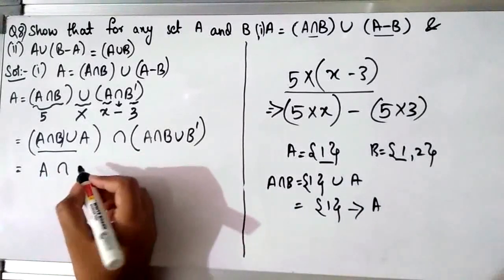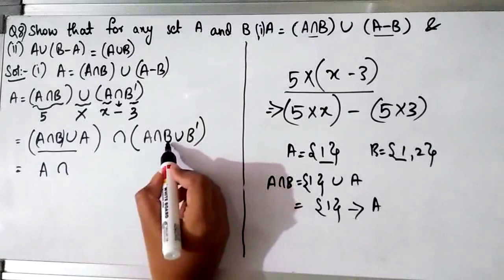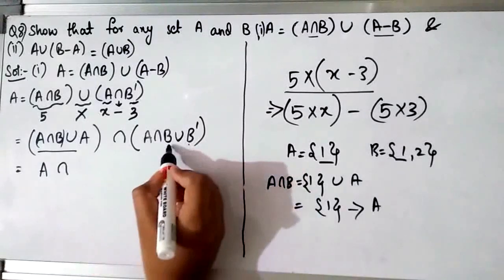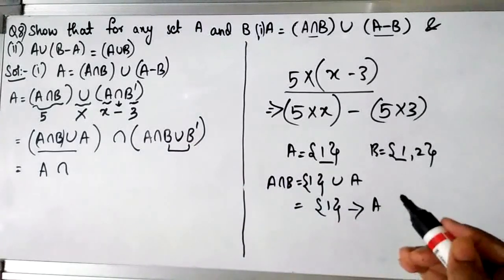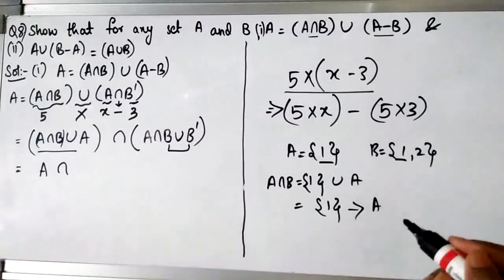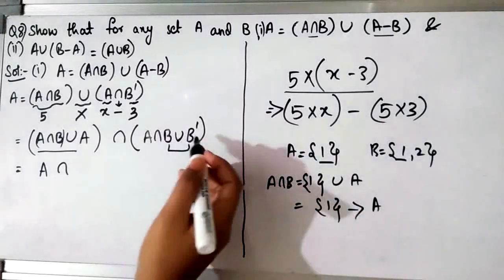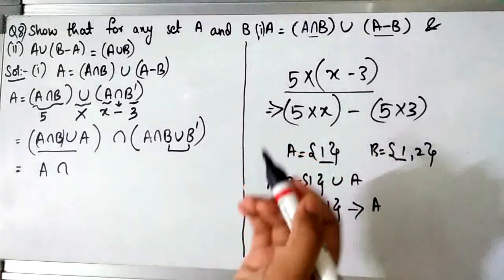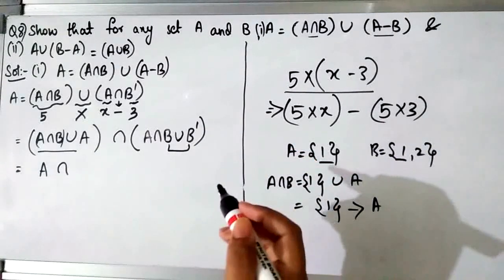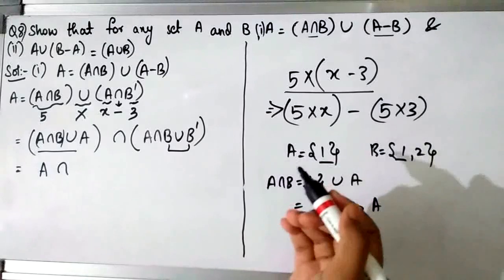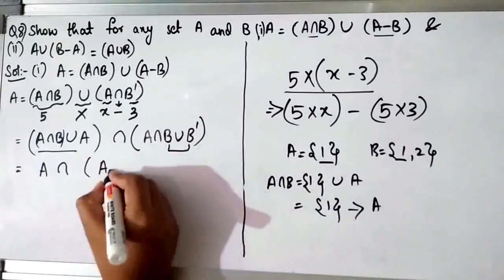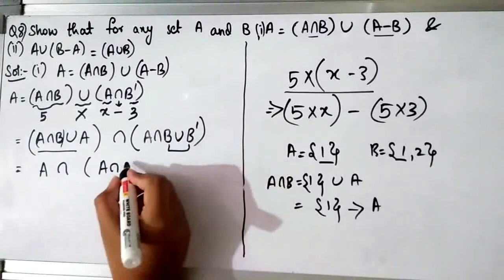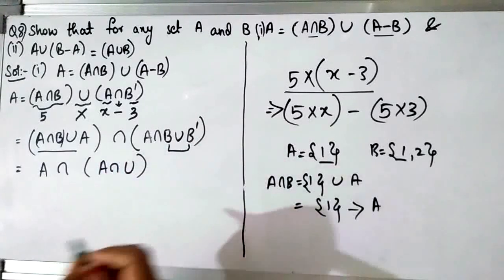Then we will do intersection. Now over here you see you have B and B complement, and we have to do the union of both. Whenever you have a set and its complement and you're asked to do the union of both, your union will be the universal set. Because B and B complement are exactly opposite, and when you do the union you include all the elements, the final answer is the universal set. So for this you will write A intersection, then B union B complement will give you the universal set.